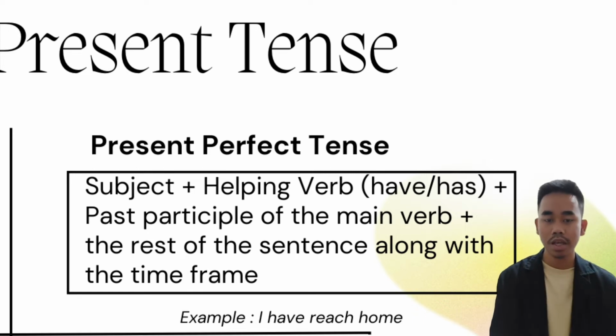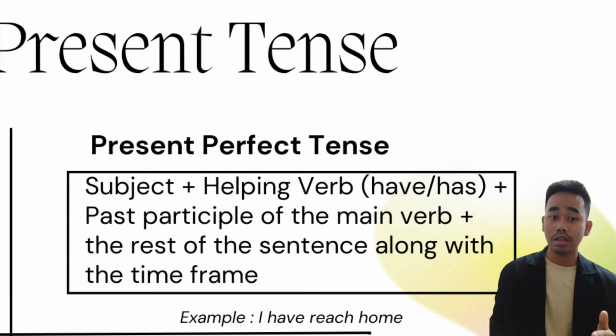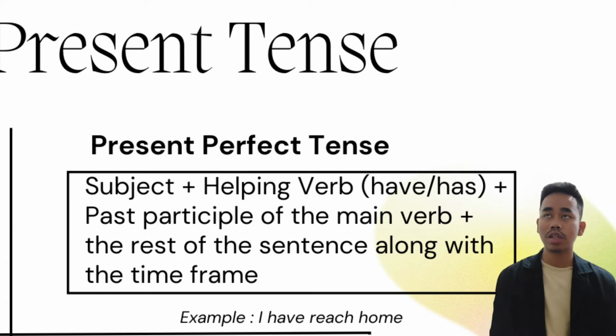So what is different? This is usually used for something you have done in the past time, but we don't say the whole of the past time. It is usually used for just a few minutes ago, the first hour, the first day, or maybe it just happened. Yeah, it just happened, and then you can use this perfect tense.